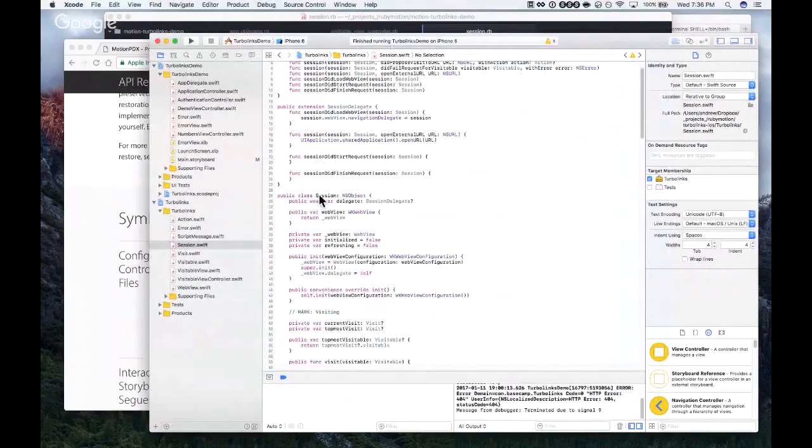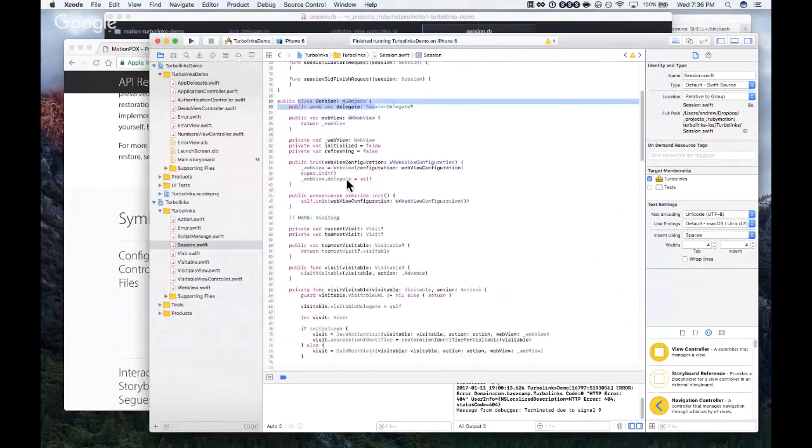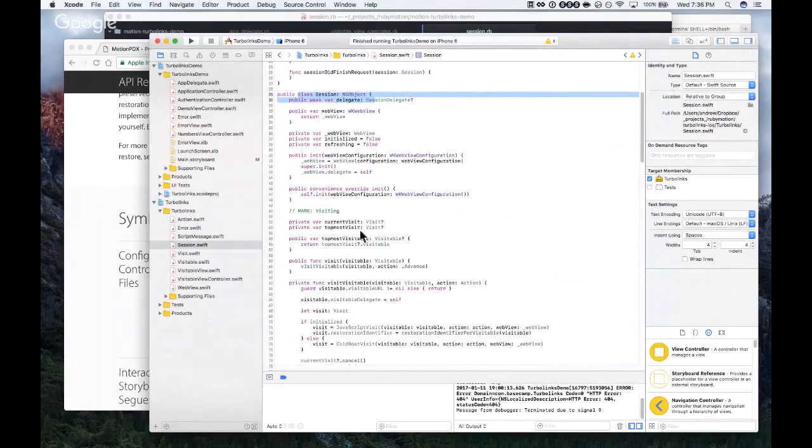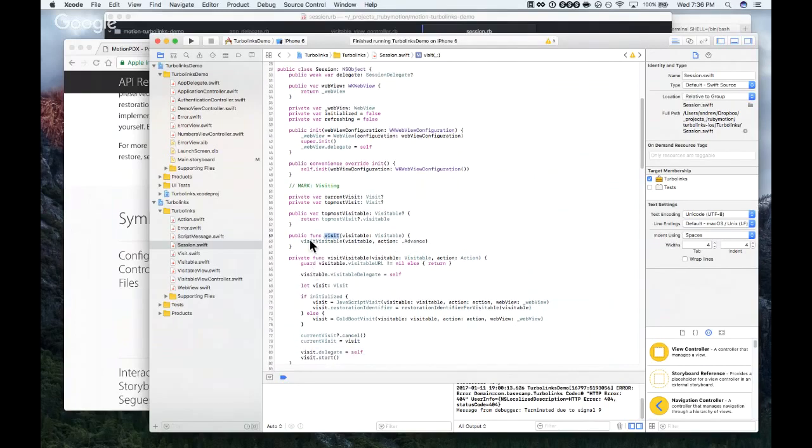All right, so our session object calls visit with a visitable, which I guess a visitable view controller is something that's visitable. It calls visit visitable.